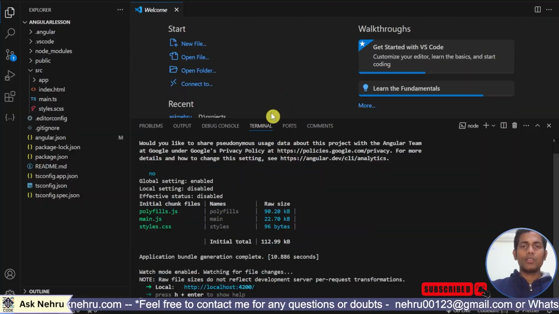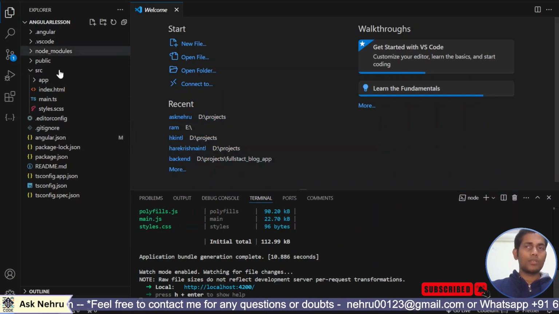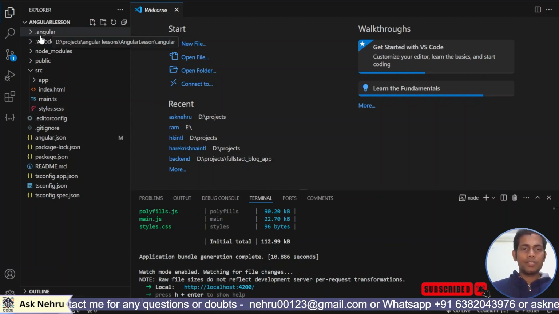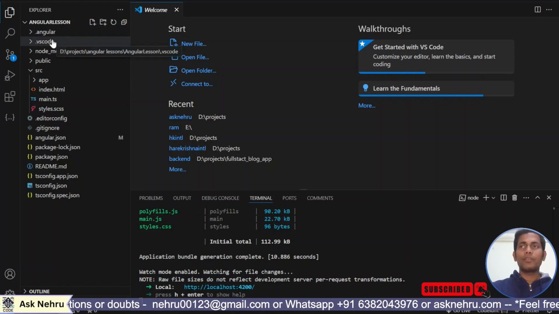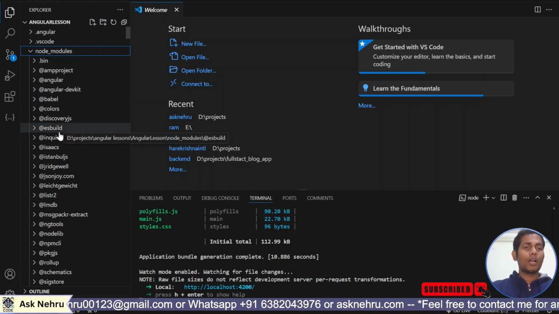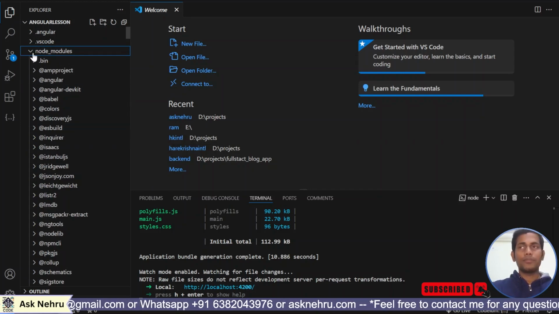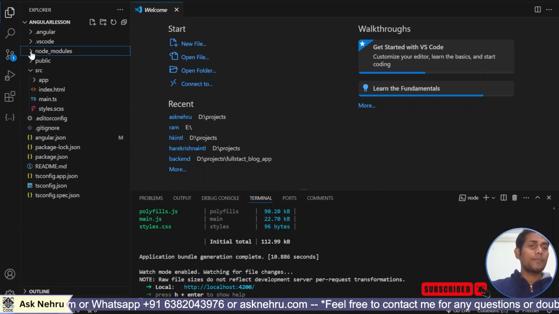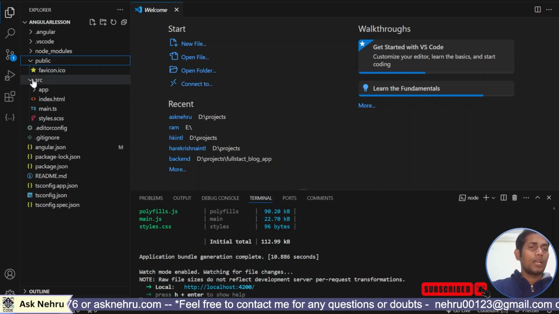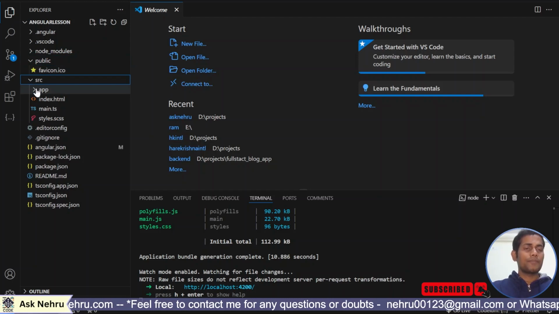Now in the same tutorial, I don't want to waste my time. Therefore, I explain this folder structure. This .angular is nothing but the caching files which track the Angular CLI commands, and .vscode is nothing but VS Code configurations, and node_modules is nothing but whatever core modules or libraries we use in order to support this Angular application. And public is nothing but whatever images we are going to display in our applications, that we keep within this public folder. And source is nothing but the source,